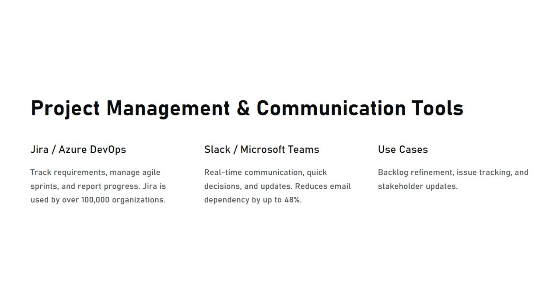Project management and communication tools are essential for business analysts to coordinate tasks and maintain clear stakeholder engagement. Jira and Azure DevOps help track requirements, manage agile sprints, and report progress, with Jira being used by over 100,000 organizations worldwide. For real-time communication, tools like Slack and Microsoft Teams enable quick decisions and updates, reducing email dependency by